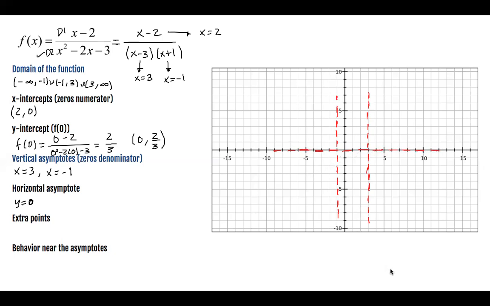y-intercept. I'm going to use a different color. The y-intercept is at 0 comma 2/3, so just below the 1, because 1 is 3/3. So over there, we have an x-intercept at 2 comma 0, so 1, 2 over here. So we have enough points in between the two vertical asymptotes. Let's find a couple of points, or at least a point on the right and to the left